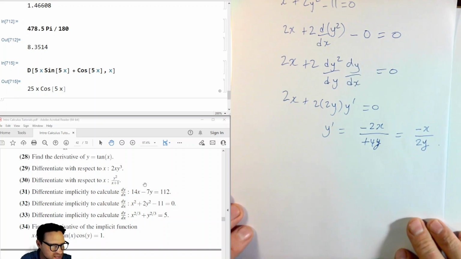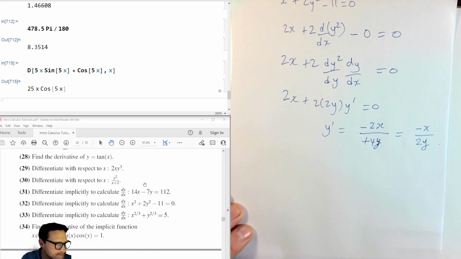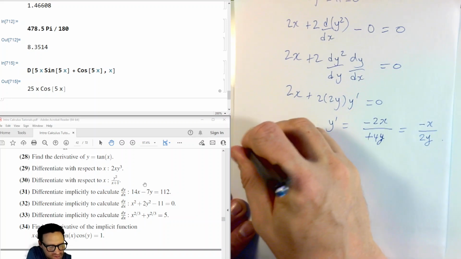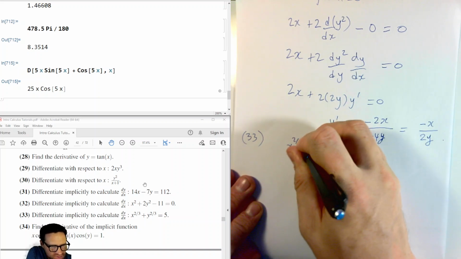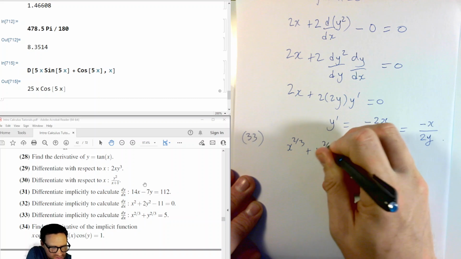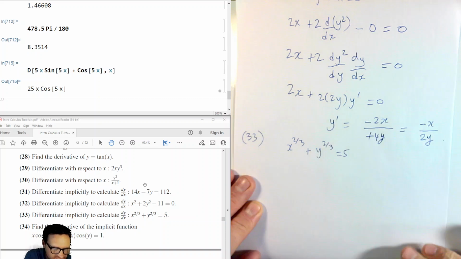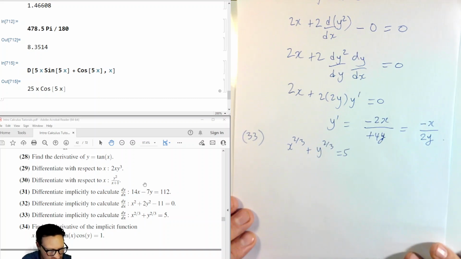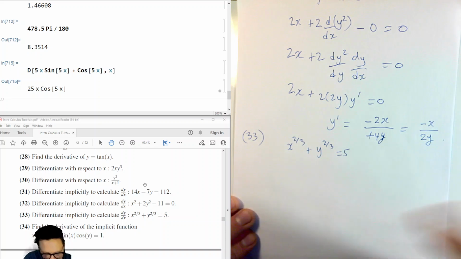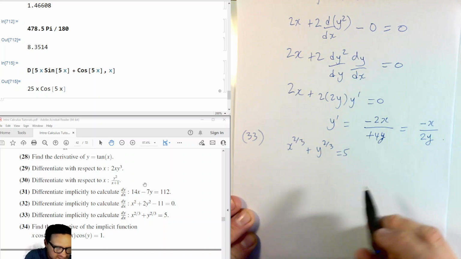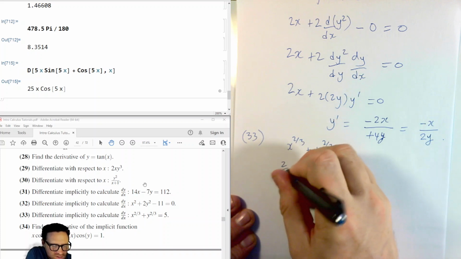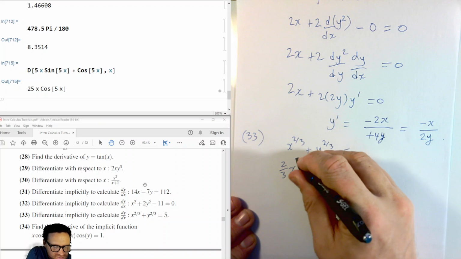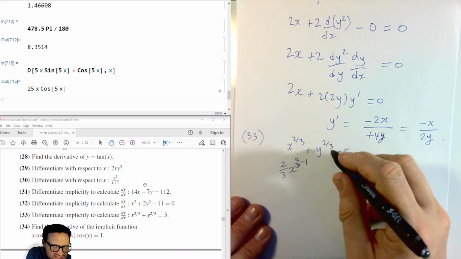Okay, let's do the next problem. Question 33. We've got x to the power of 2/3 plus y to the power of 2/3 is equal to 5. And we've got to calculate dy on dx using an implicit differentiation approach. All right, so differentiating x to the 2/3, we bring down the 2/3. We have 2/3 x to the power of 2/3 subtract 1. And then similarly,